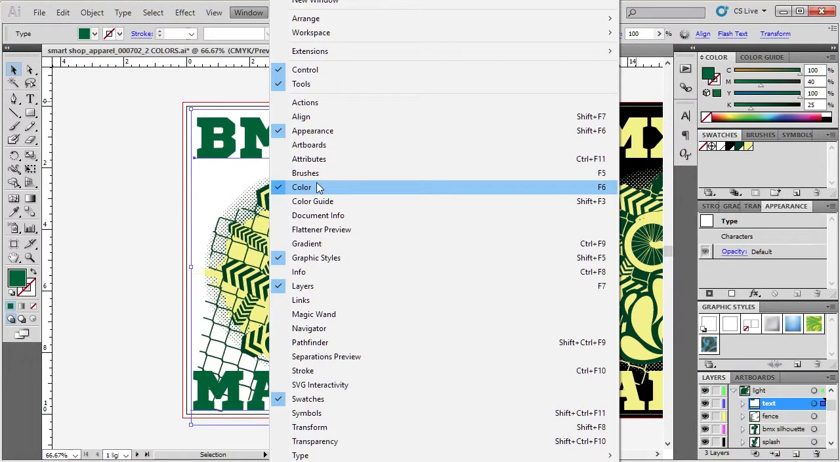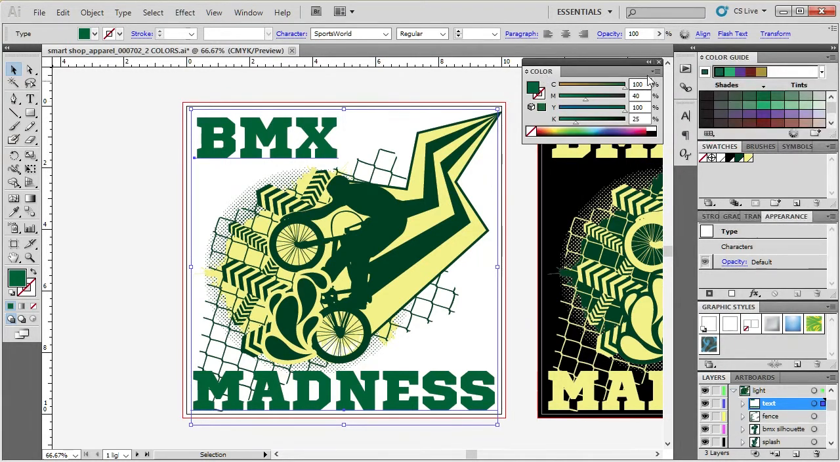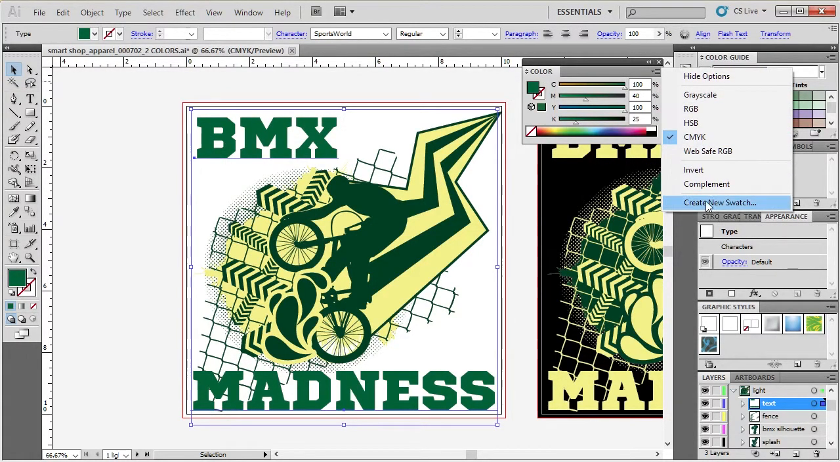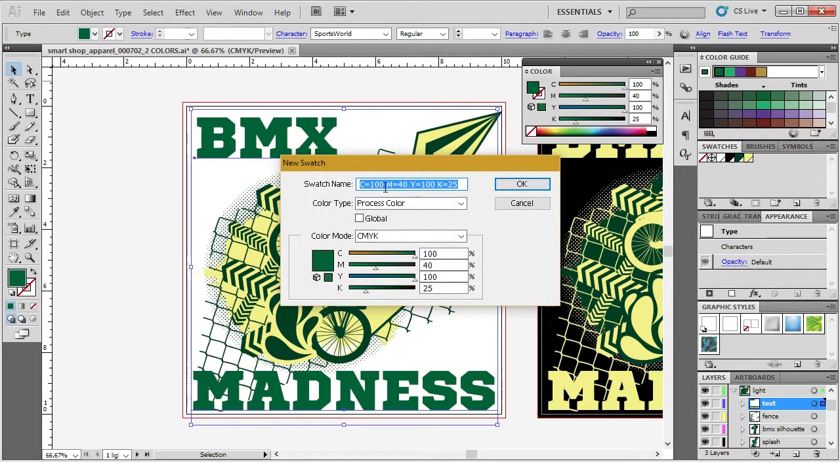Now, if you have the color panel open, and if you don't see it, go to Window, then open the color panel. Click on this little arrow, go to the bottom and create a new swatch. Once you do that, it will open the new swatch panel. Make sure to check the global colors